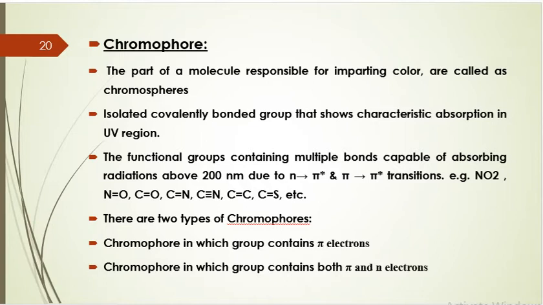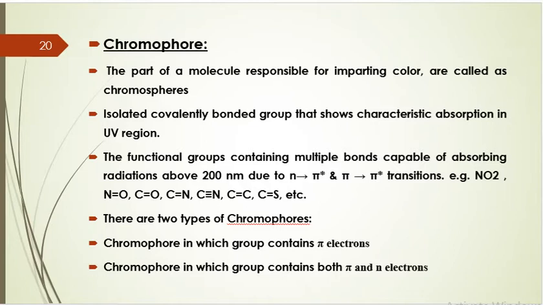Now, in this class, we will continue with another topic, that is the chromophore concept. All those compounds which absorb light of wavelength between 400 nanometer to 800 nanometer appear colored to the human eye. The exact color depends upon the wavelength of the light. So, what color we see depends upon the wavelength of the light being absorbed by the compound, and that imparts color to the solution.